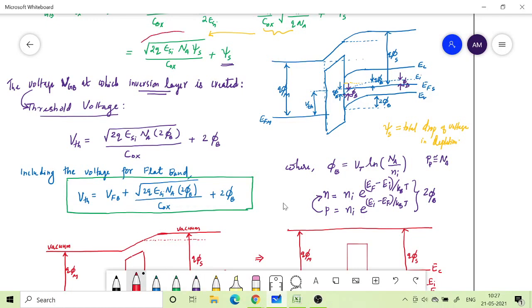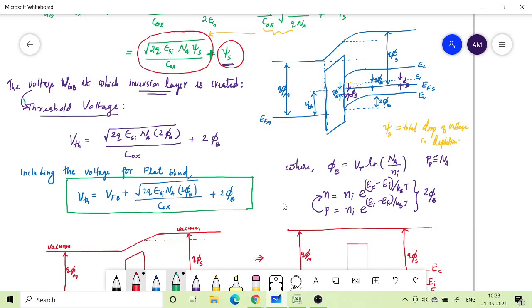Okay, this is my first term, that is the voltage drop across the oxide, plus the voltage drop across the semiconductor. The sum of these two is basically my VGB. But now I am saying if psi s is going to be 2 phi b, I get inversion. Because the same concentration of holes in the bulk, I will get the same amount of concentration for electrons at the interface. So thereby I have converted a p region to an n region with the same concentration, and that is what I refer to as inversion, and the voltage required for that is what I refer to as threshold voltage.